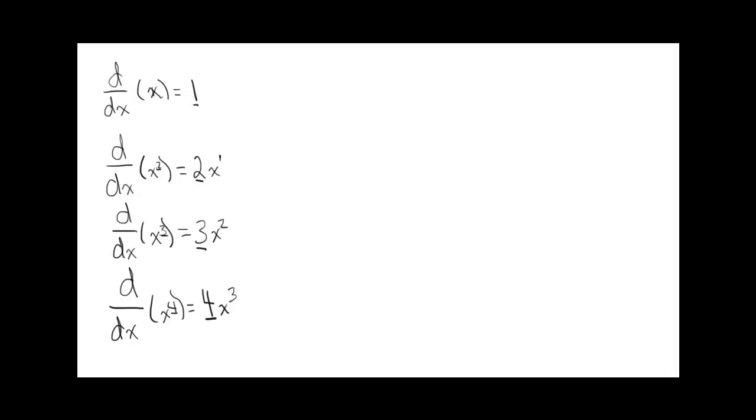That was 1. The power seems to be dropping by 1 each time, right? Even in this case, right? What's the power really here? It's really x to the 0, which is 1. So it appears